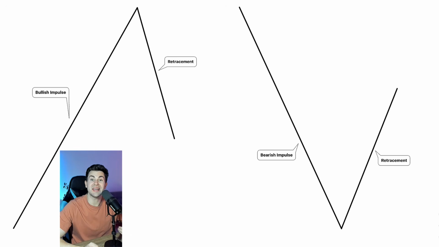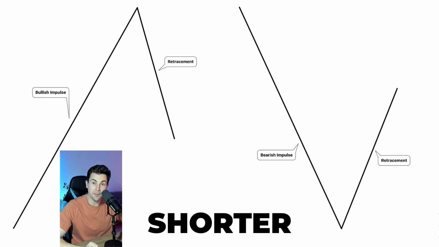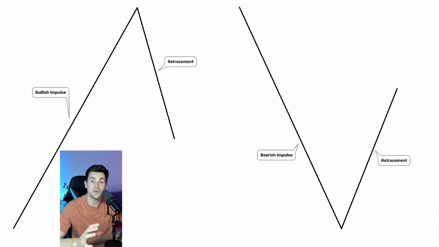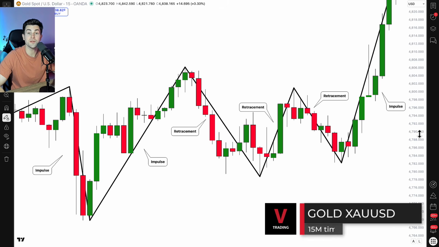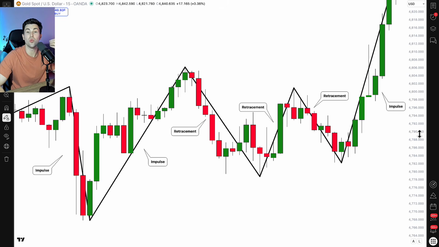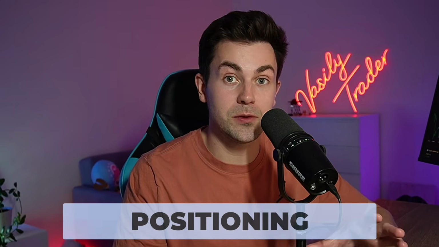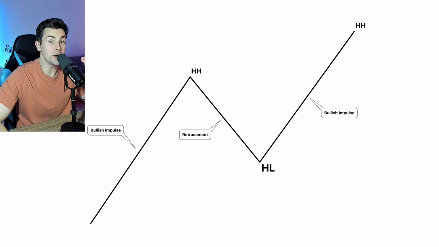So the retracement is strictly shorter than the impulse leg preceding that, and it should strictly complete within the range of the impulse. That is how this reasoning works in practice. Impulse legs are strong directional movements and retracements are the movements within the impulses. In price action analysis, the positioning of impulse and retracement legs will be used for the identification of the market trend. A bullish impulse, a retracement, and the second bullish impulse with the completion above the high of the first